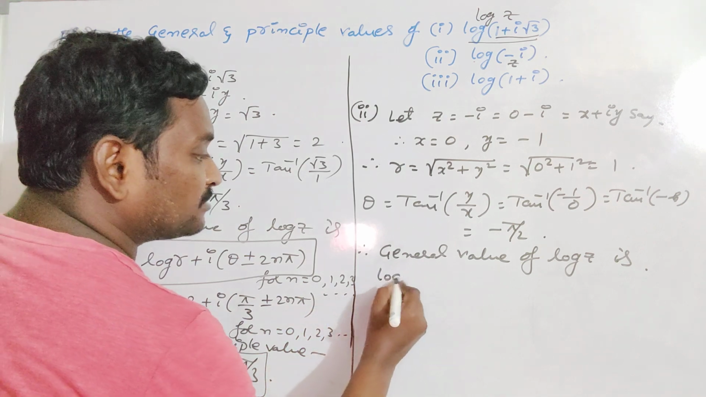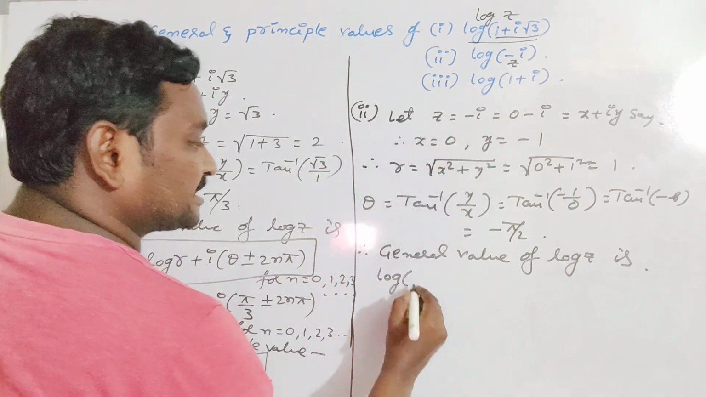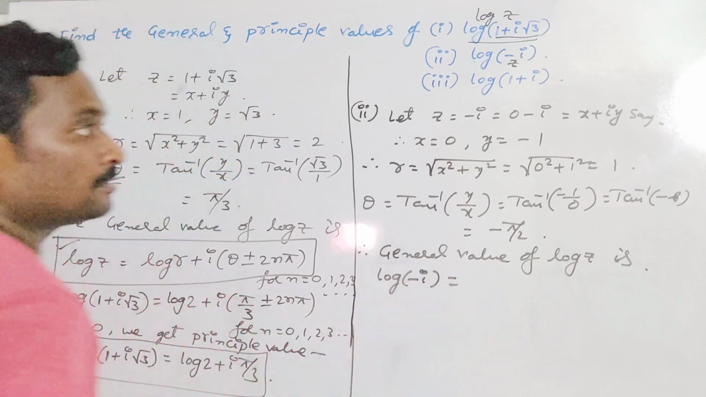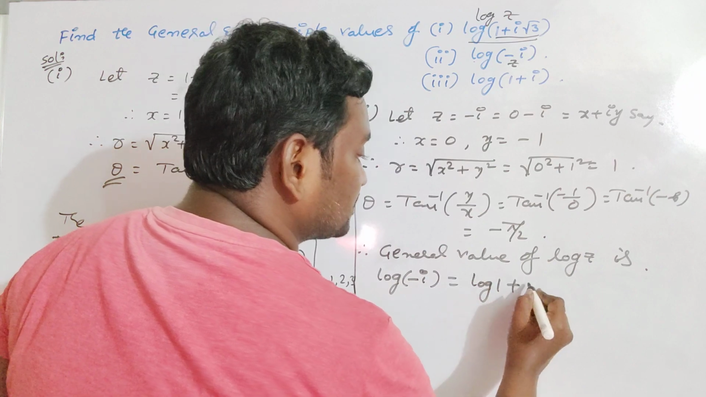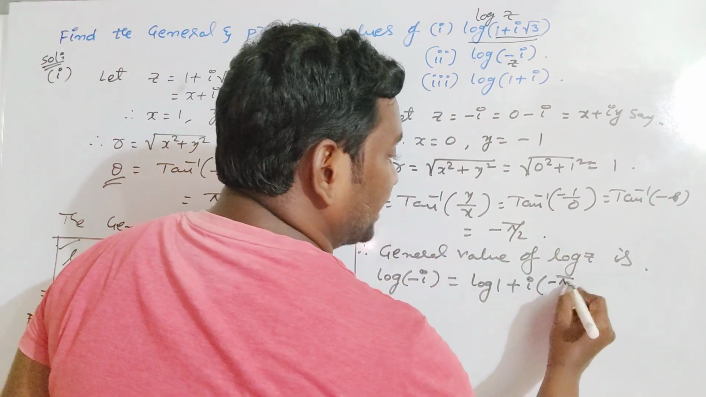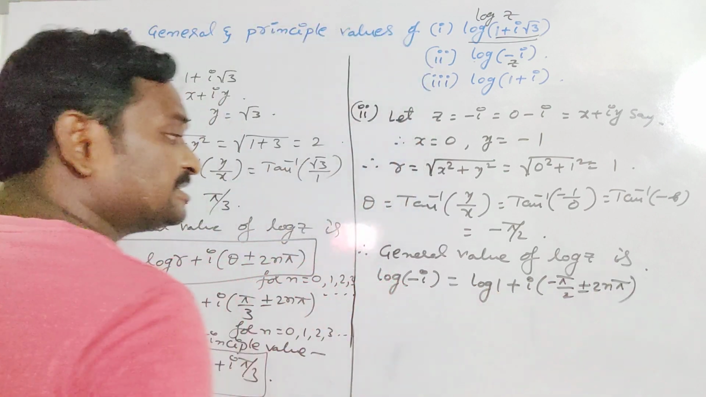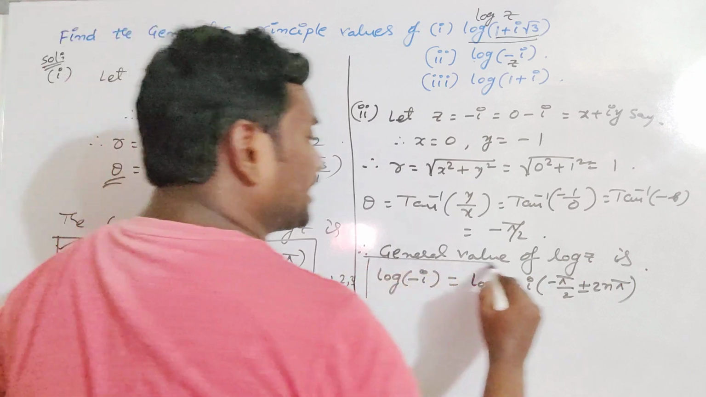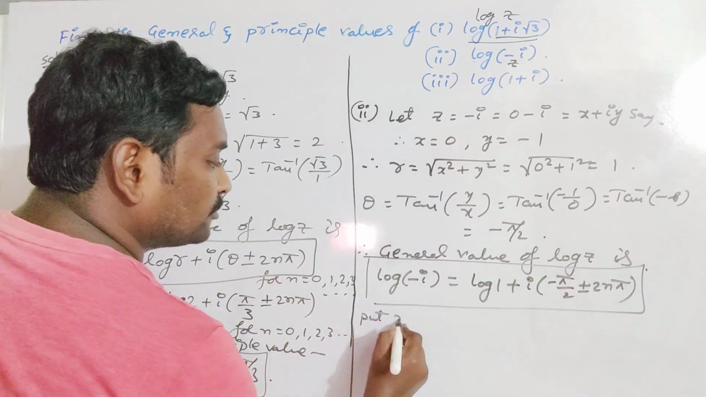Directly I will substitute the values. Log of z, what is z? Minus i is equal to log r. It would be log 1 plus i into theta. What is theta value? Minus pi by 2 plus or minus 2n pi. Of course log 1 is 0. In general we can't write 0 here. So put n is equal to 0. You will get